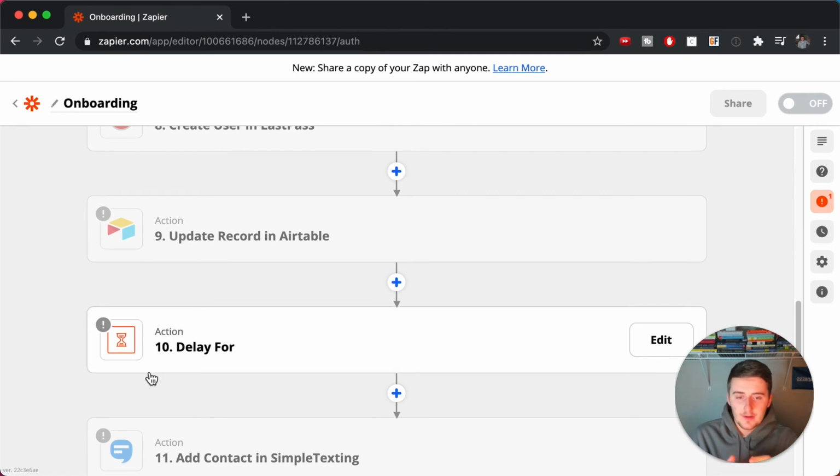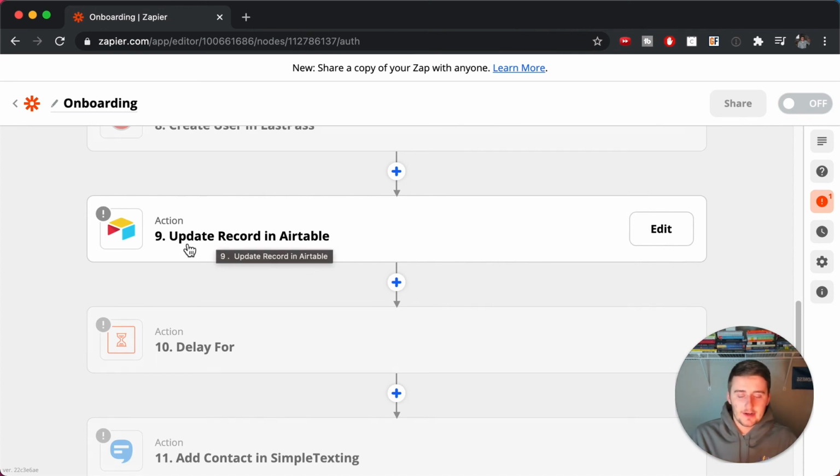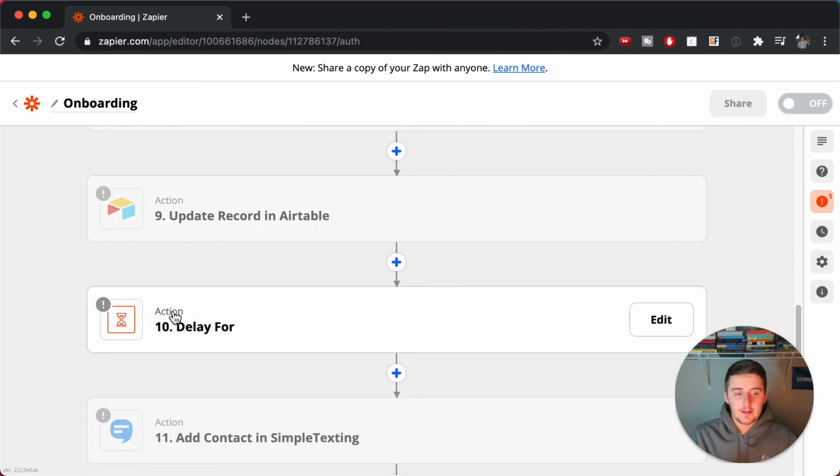So another thing you can do is say all of these first 8 steps here, which there's the trigger and then the 8 action items, you can also have a delay. So after it completes those first 8 actions, then maybe what you want to set up is a delay. And basically what you're doing is you're mapping out your whole onboarding process. So from start to finish, once they hire you to once they're an active client, this is everything you might